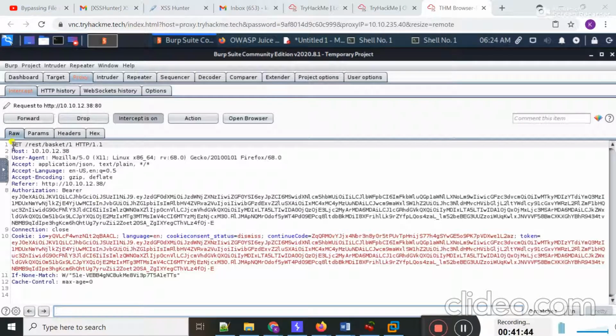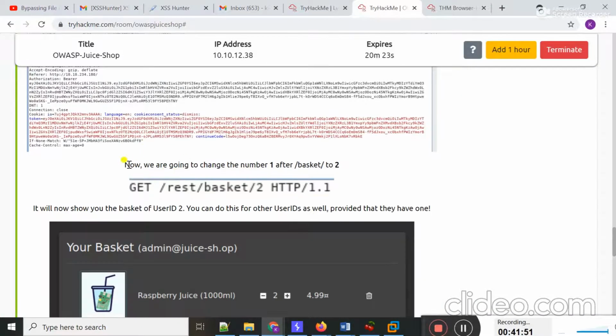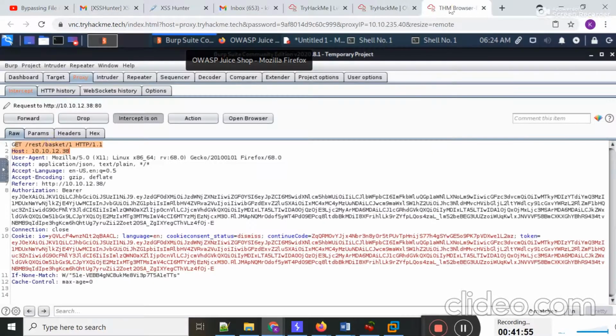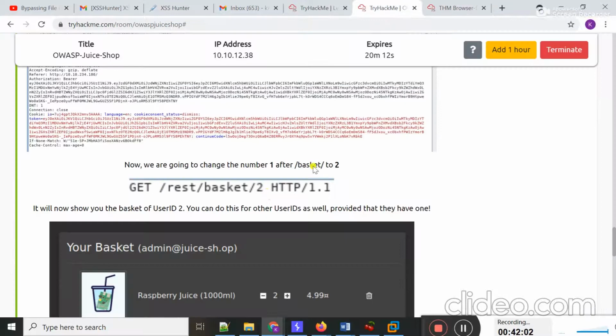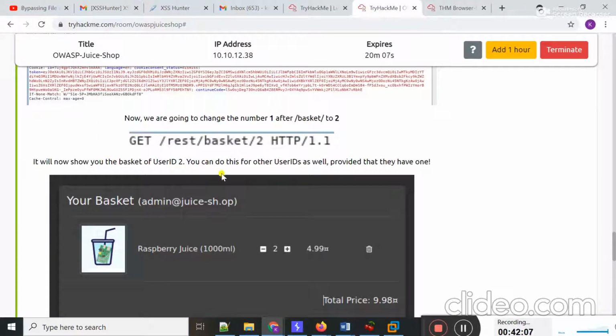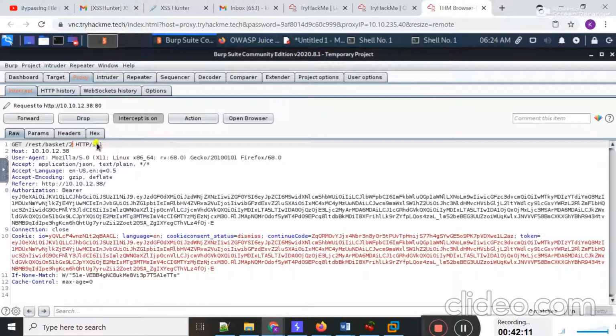Okay, finally I get this request, that is rest/basket/1 HTTP/1.1. Okay, now we are going to change the number 1 after basket to 2. Here you can see, after the slash I'm going to change from number 1 to number 2. It will now show you the basket of user ID 2. You can do this for other IDs as well. After changing the number from 1 to 2, now if I forward my request and move to my browser window,